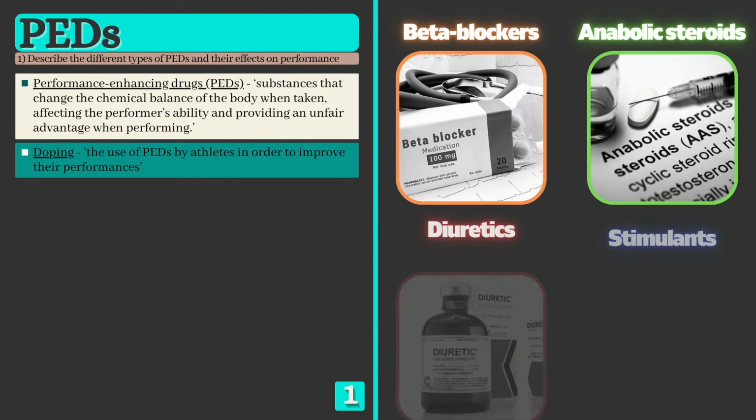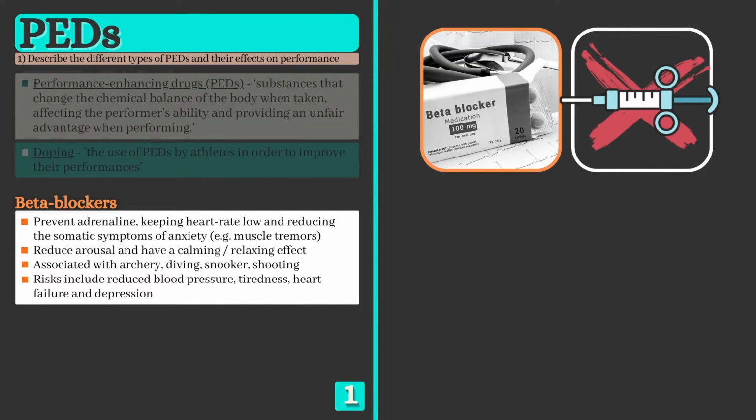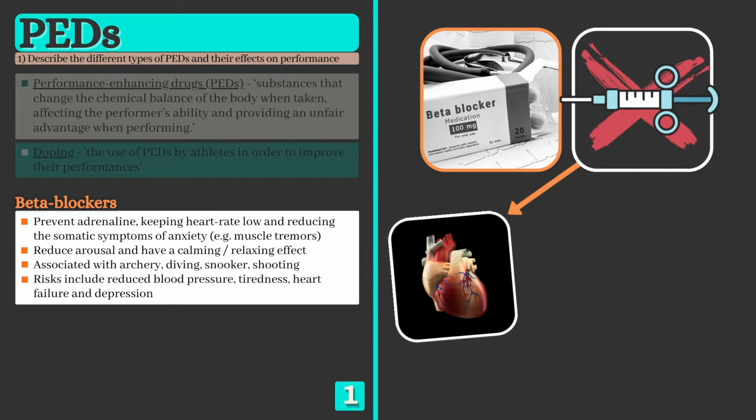We'll start by looking at the different types of PEDs, including their effect on performance, potential health risks, and the types of athletes who might benefit. You can use the acronym BADS to help you remember. First up, we have beta blockers, which inhibit the hormone adrenaline in order to keep heart rate and arousal levels